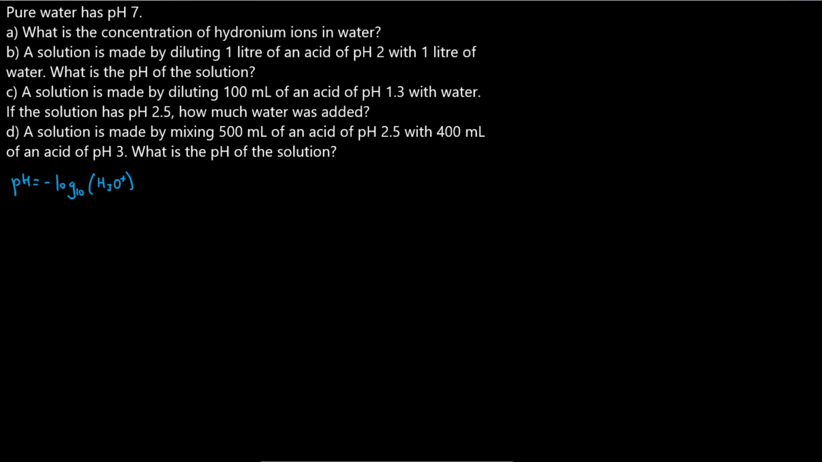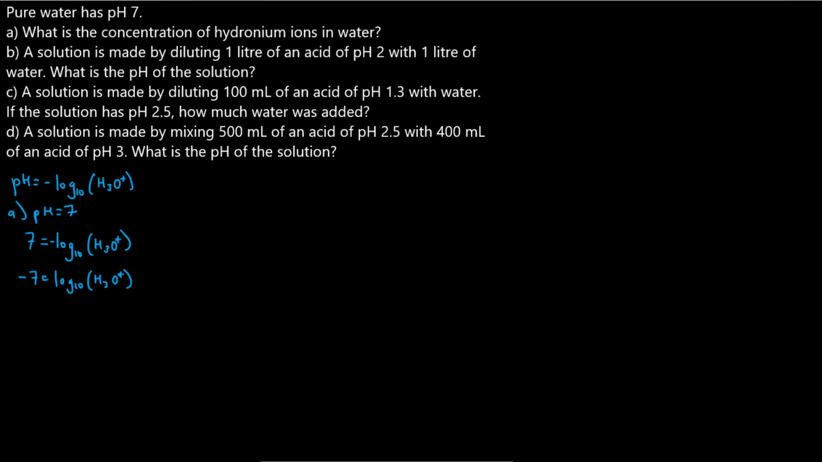So question A, we've got the pH is 7. So we know pH equals 7. We can just sub that into our equation. So we can have 7 will equal negative log base 10 H3O plus. We want to just get the H3O plus on its own, so get rid of that negative sign. Negative 7 is equal to log base 10